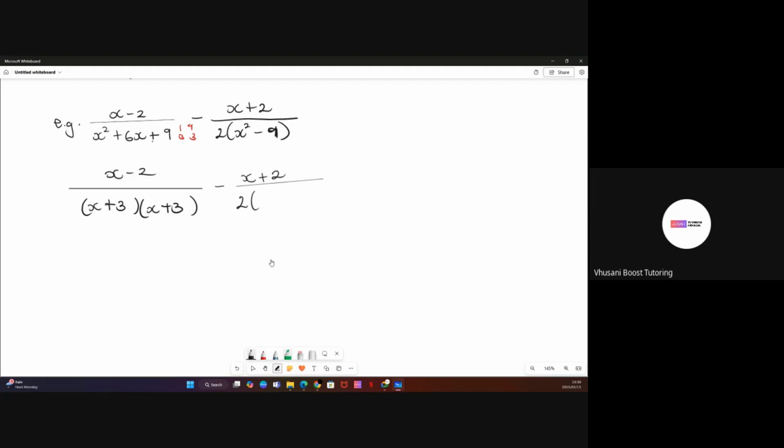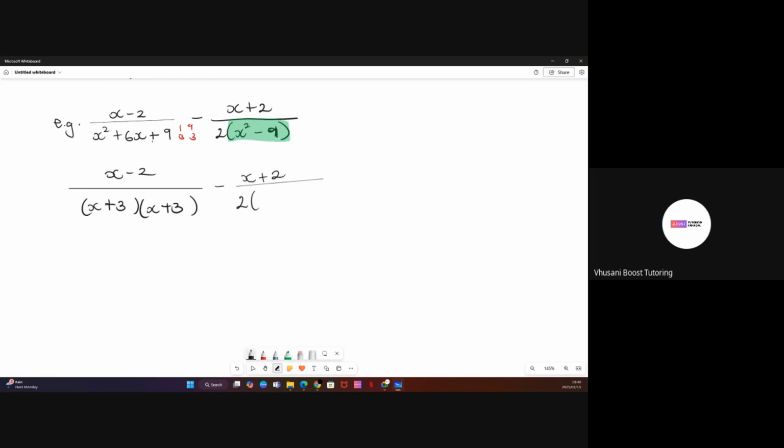And then what can we do over here? Can someone type it in the chat? How do we simplify that one? What do we call this expression over here? Difference of squares. Difference of two squares. Perfect, perfect. So this is a difference of two squares. So you can definitely